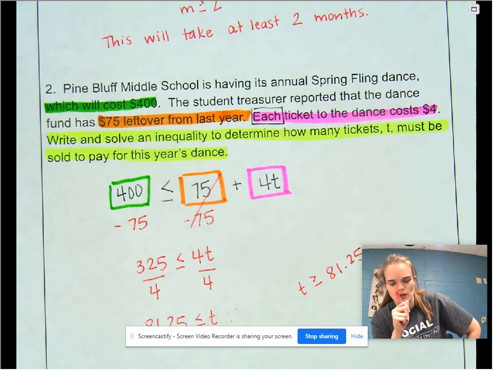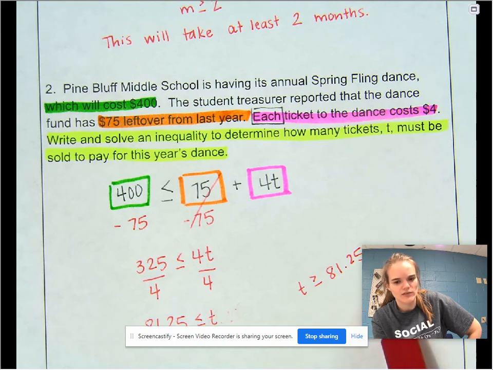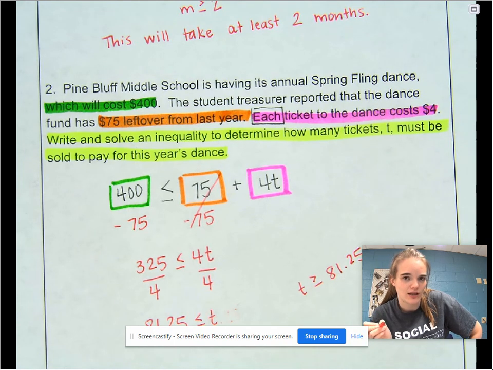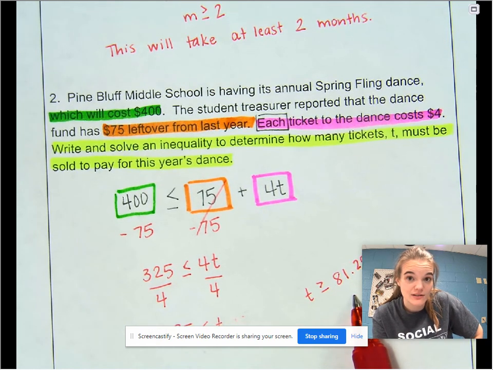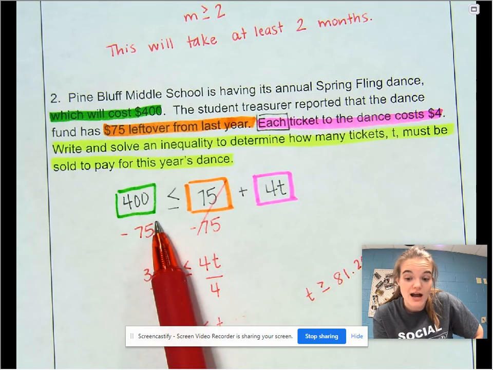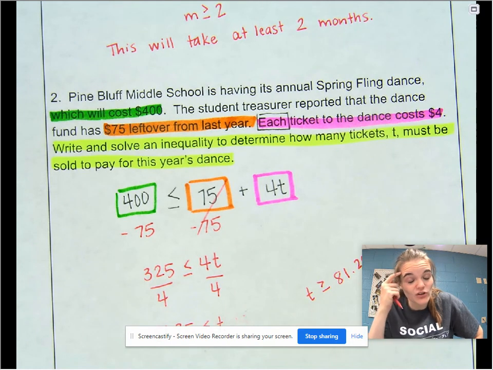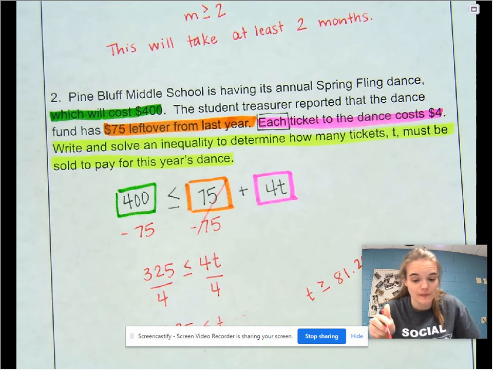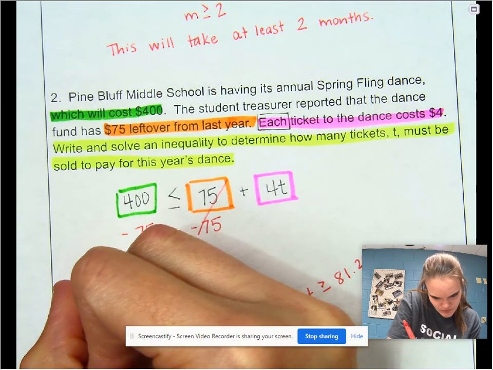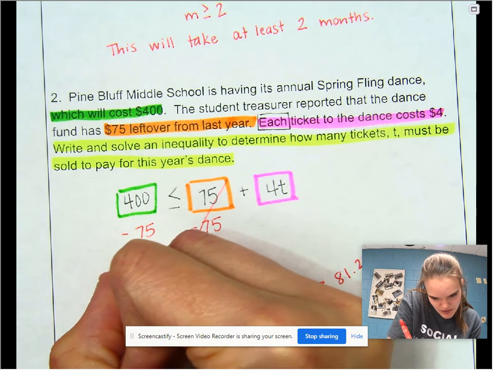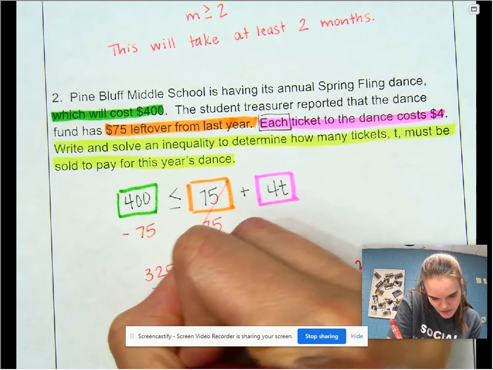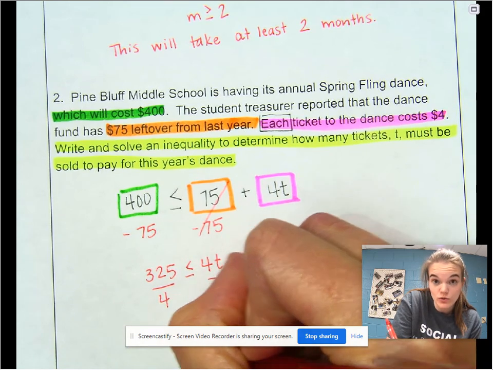Here's my problem. This is telling me that I need to sell at least 81.25 tickets. Can I sell 0.25 tickets? No. And if I can't sell 0.25 tickets and I only sell 81, guess what's going to happen? I'm not going to make $400. I'm going to have to round up based on what the question asks. So, they must sell 82 tickets